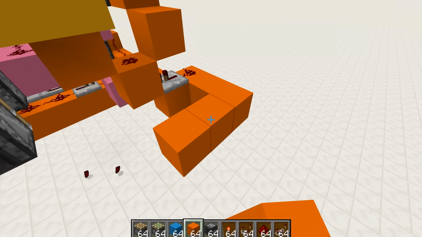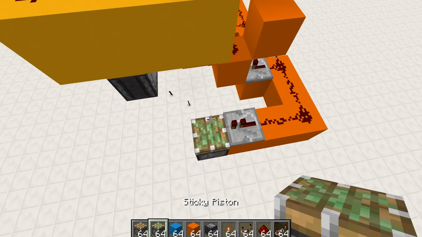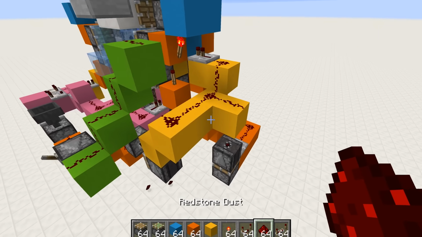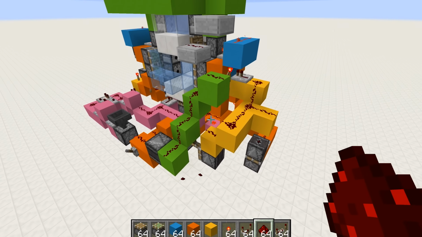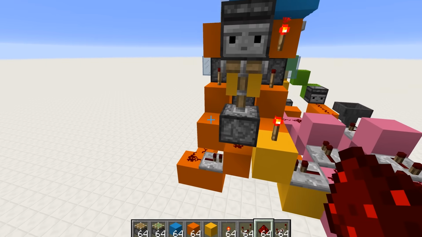I'm 100% certain on that one. But yeah, so we'll just run this out like this. Once again, compactness is not an issue on this one. And then that one will fire that way, yeah. So this will be connected up to the doors. So just as the doors extend,